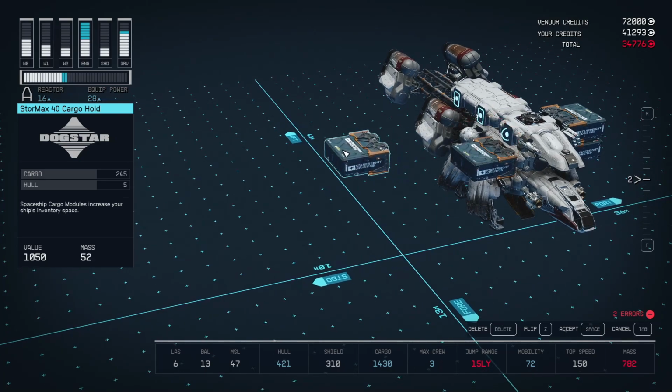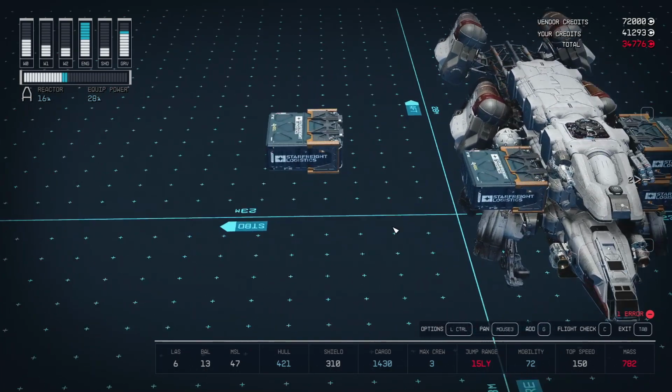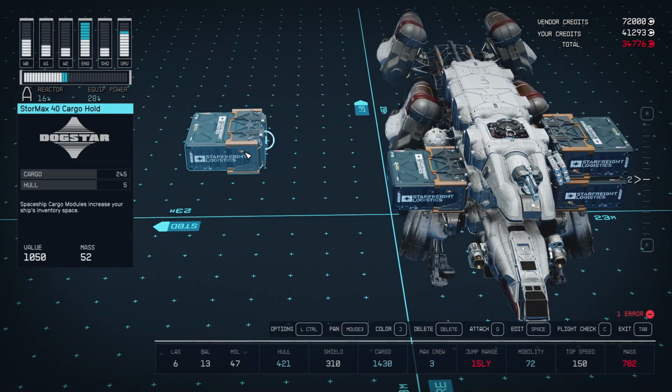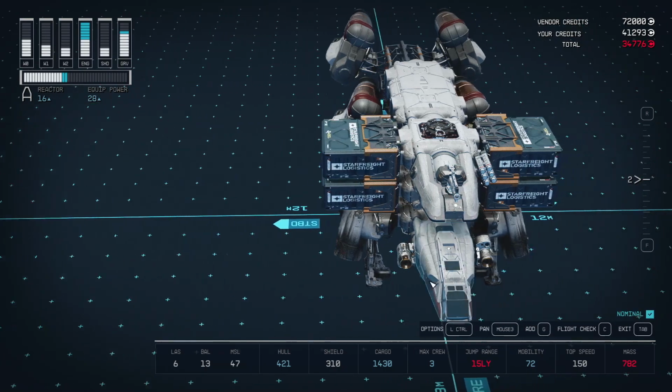It's going to tell me that it doesn't want to place. Why is that? It's because there's a gun in the way. It's right here. But what we can do is take this gun and slap it right here. Doesn't matter. Now we can put that right there. And now we have